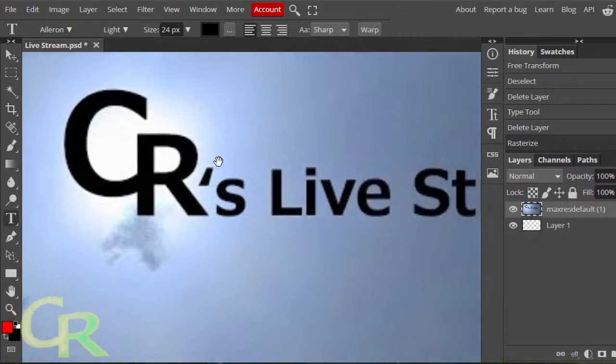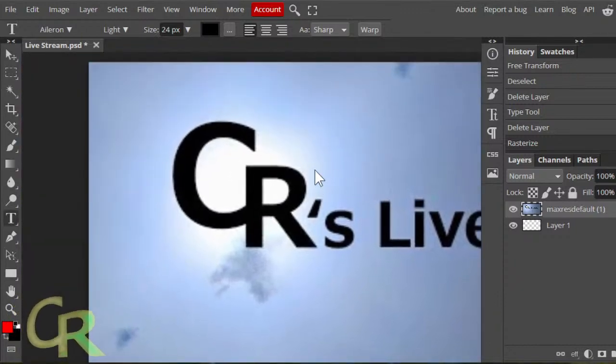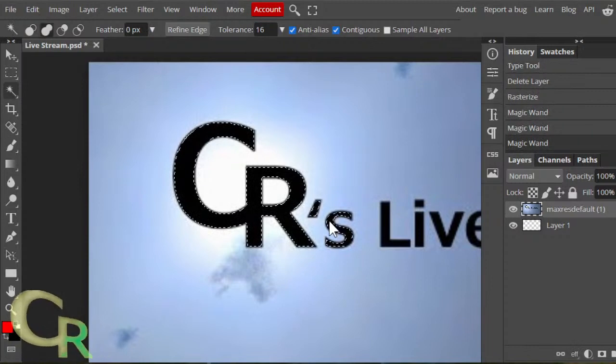So, work with this. I'm then pressing W on the keyboard. It'll bring me the magic wand. Select that. Select that. I'm holding Shift, so I can select multiple things.